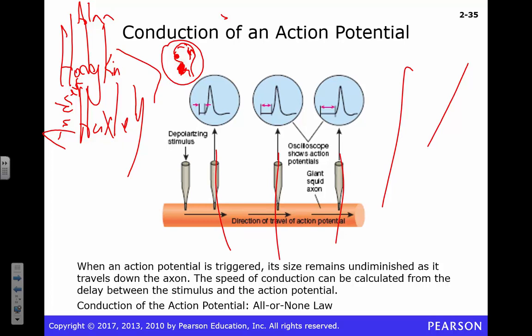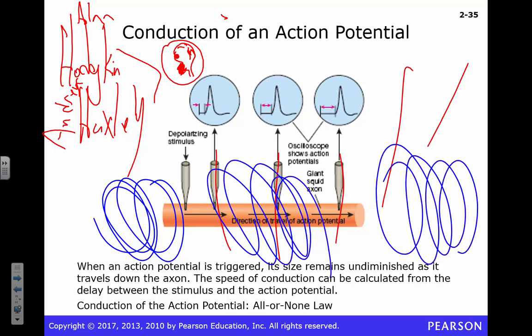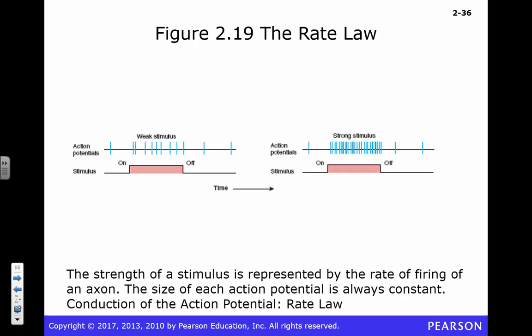Okay. That happens because, who remembers those? That's a jelly roll. That's a myelin sheath, right? Remember the myelin sheath that goes around this axon that helps us with those action potentials. It's pretty awesome. This is kind of a basic idea. It's the rate law, whatever. I don't care if you know this. We've already talked about how a stronger stimulus will elicit more action potentials than a weaker stimulus. That doesn't really tell you a whole lot about what the stimulus is, but it tells you about the strength of it. Don't worry too much.